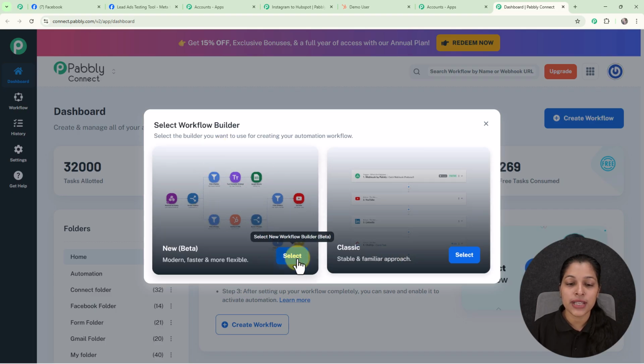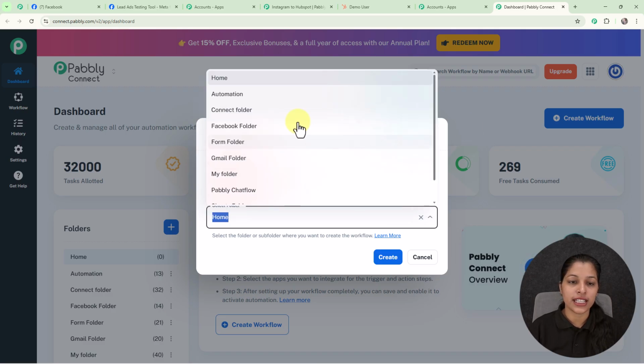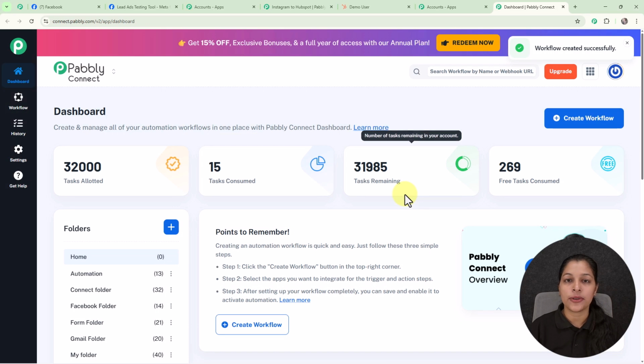So for that you simply have to click over this select button, and here you will be getting this dialog box where you have to provide the workflow name. So now I'm going to provide a name to my workflow here. So here I'm providing it the name blog Instagram leads to HubSpot CRM, and afterwards I'm going to select my folder as automation. Now we just have to click over this create button, and here you can see I'm landed